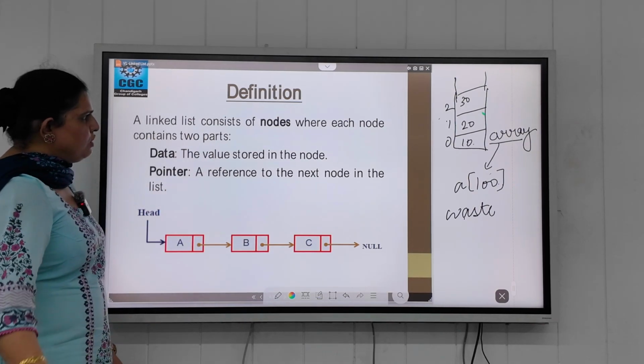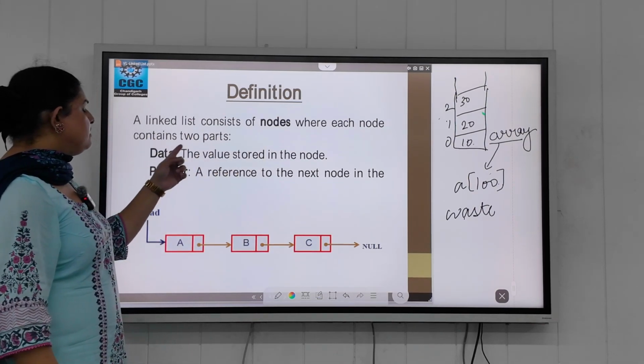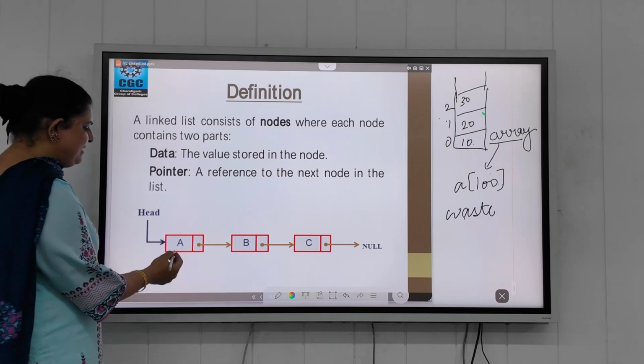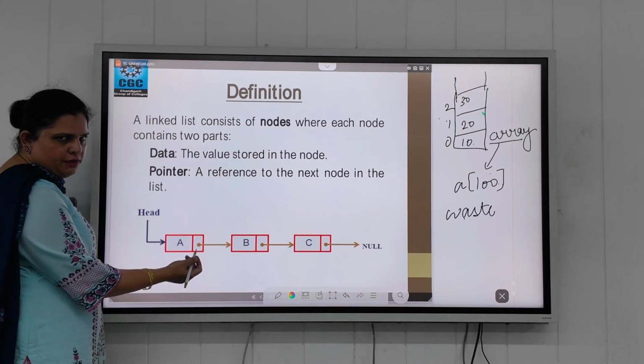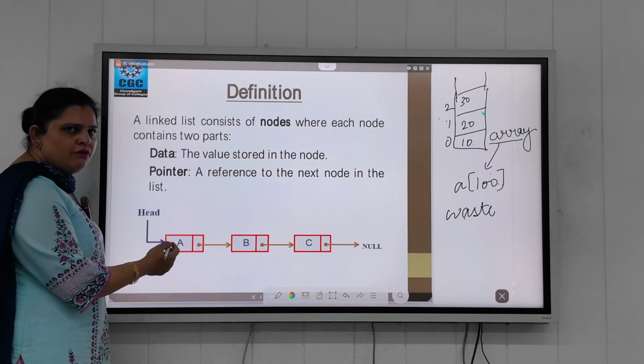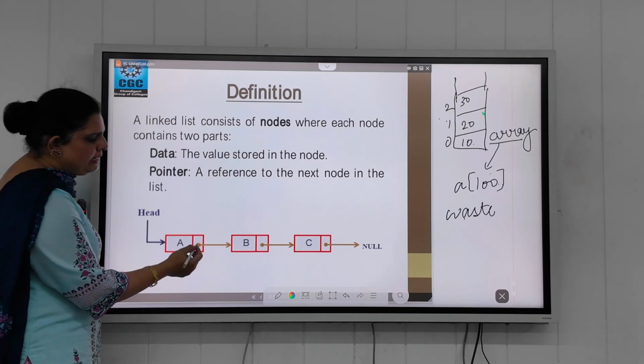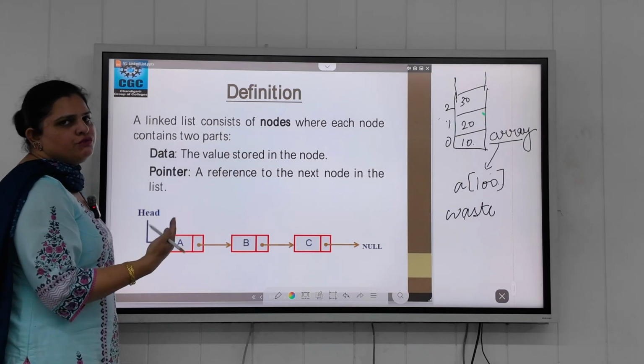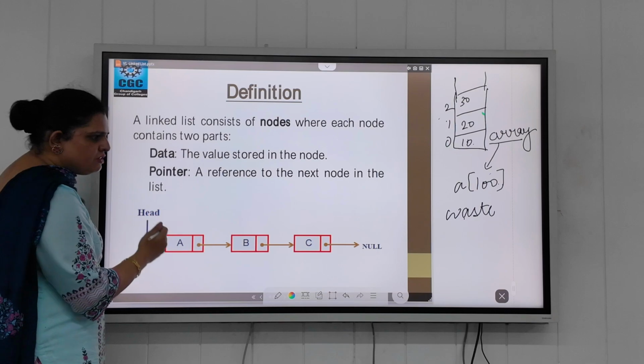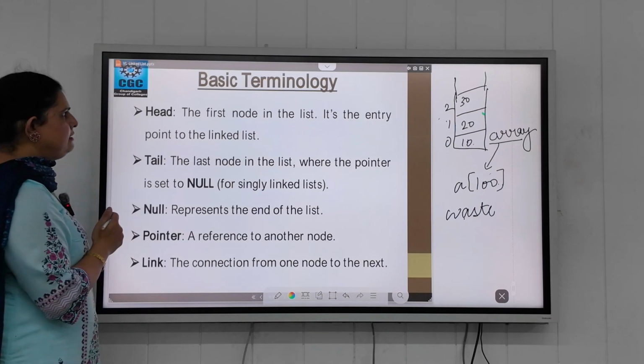A linked list consists of nodes where each node contains two parts. One is the data part and the other is the pointer part. In the data part, we can store our data, and in the link part, we can store the address of the next node. So this will be the structure of our linked list.